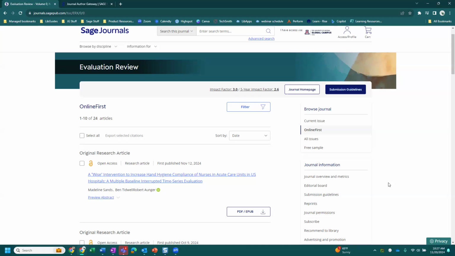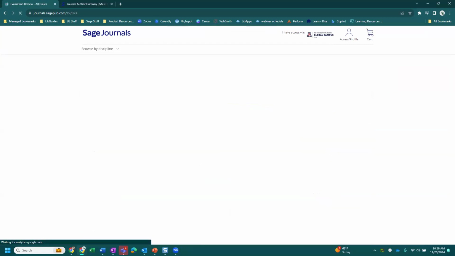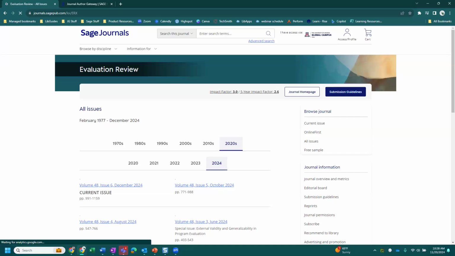So each article is assigned a DOI, ensuring that there's a permanent link to the content. That feature is particularly useful for researchers who want to stay up to date with the latest developments in their field. Okay, so let's talk about this all issues option here because this will bring up an important